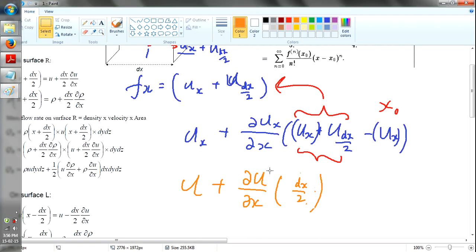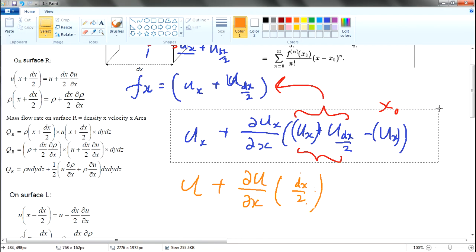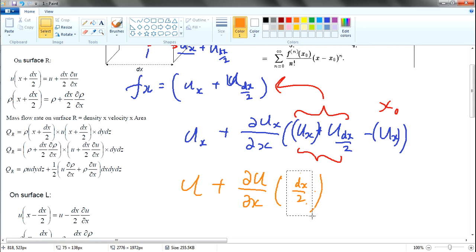So previously I actually stopped here and called you to check it out yourself. But now I may have some understanding when we are talking about SI units. Although this dx over 2 is still a little abstract. So if you were to take a look in terms of meter per second,